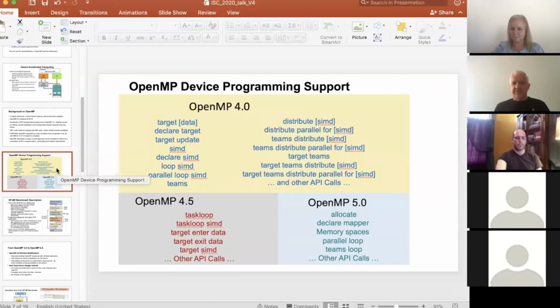So as Alice was saying, OpenMP has been evolving over the years. The big change in terms of both Fortran and device programming was in OpenMP 4.0. That was in 2013. So we have the device constructs. We also introduced a lot of new SIMD constructs and provided some initial support for Fortran 2003. The other thing that's very important is we also added the capability of thread affinity, so you know where your